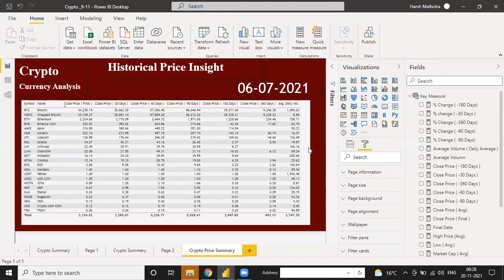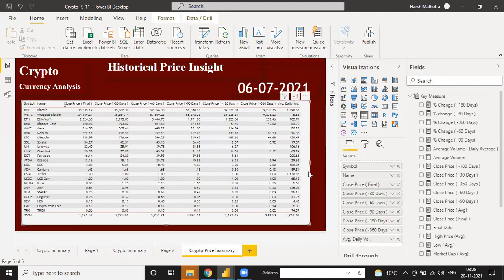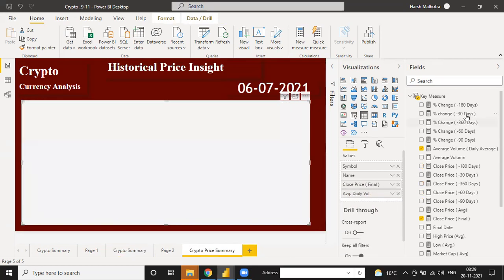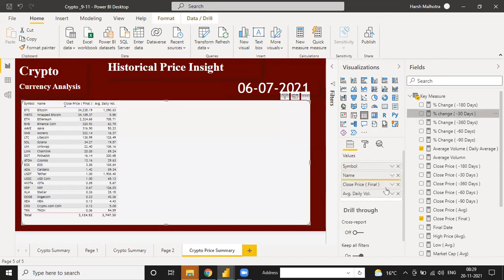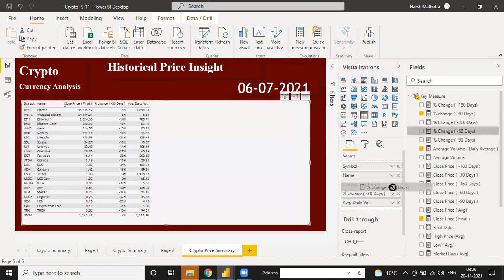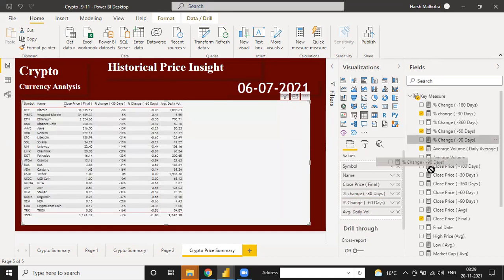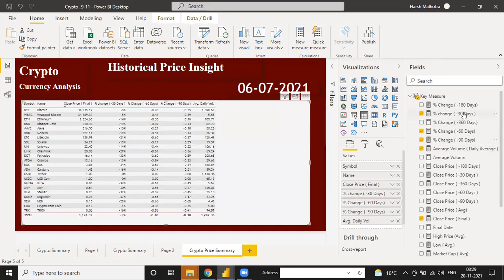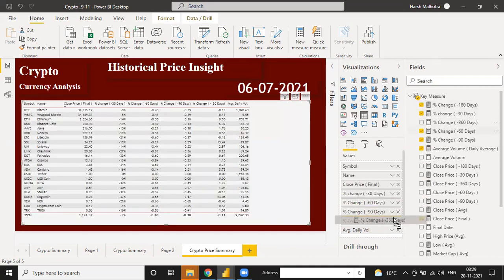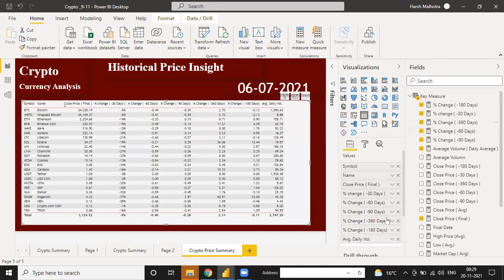Okay, and I am selecting this table, and instead of changes I select all the percentages one by one: minus 30, minus 60, minus 90, minus 180 days, and plus 360 days.